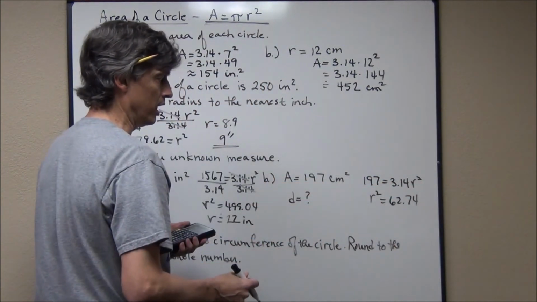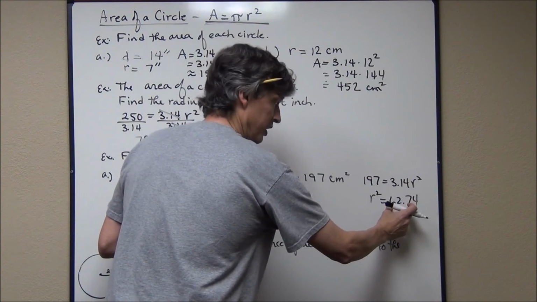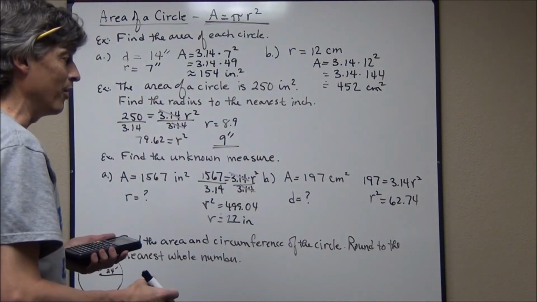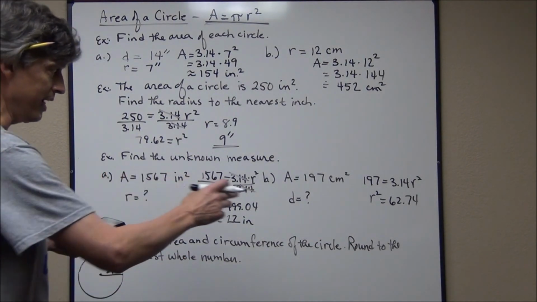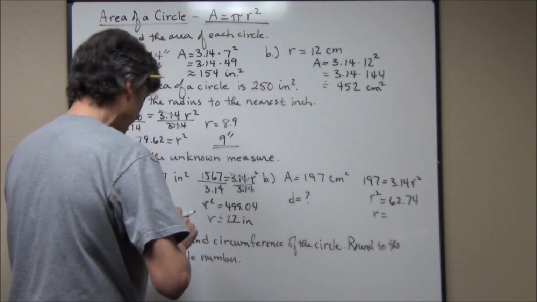Always take it out a couple of decimal places, because if you're rounding to the nearest whole number and you round at this step to the nearest whole number and then do it again, that's called intermediate rounding, and you'll end up with a less accurate answer. You could be off by one. So take it out a couple decimal places at this step, but when you take the square root of this, which is next,